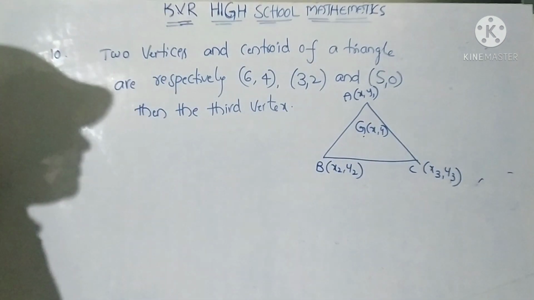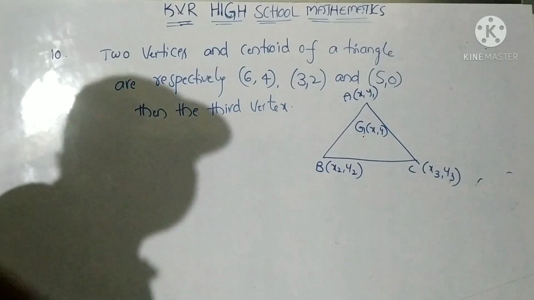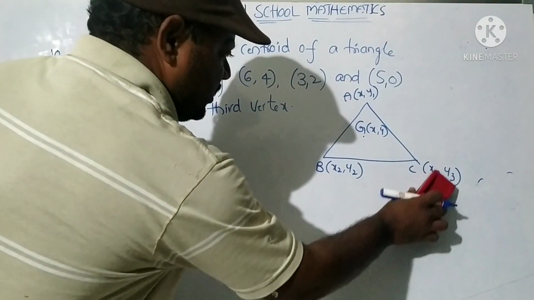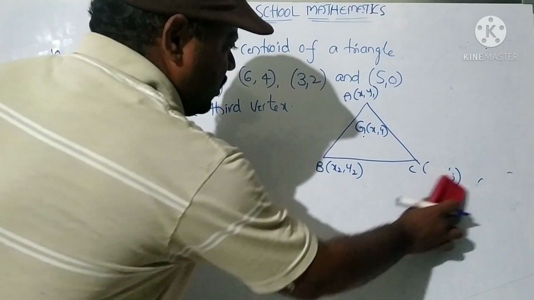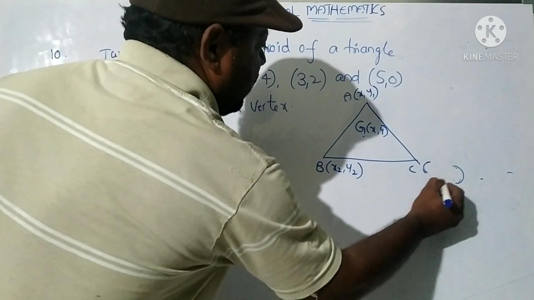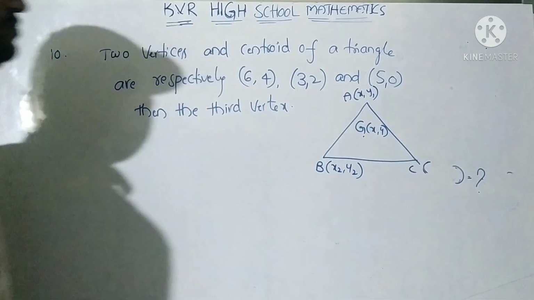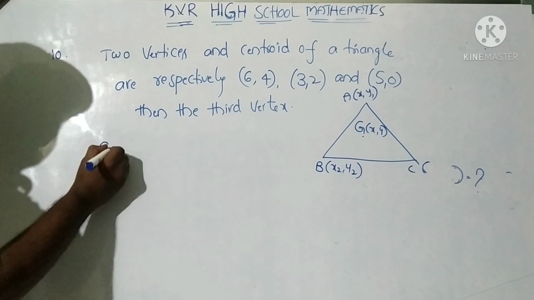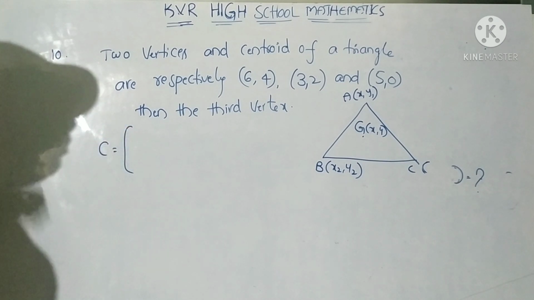So x comma y is the centroid of the triangle. Here the third vertex is not given, so find the third vertex of the triangle. What about the third vertex? The direct formula for C, the third vertex of the triangle, is: